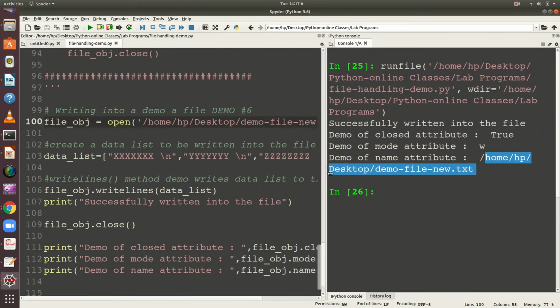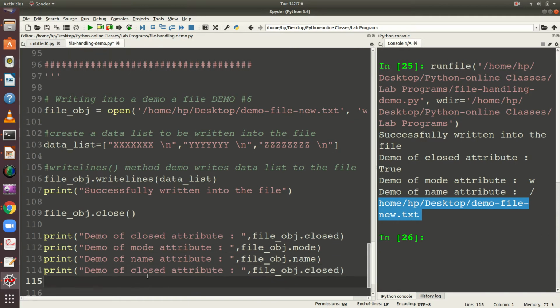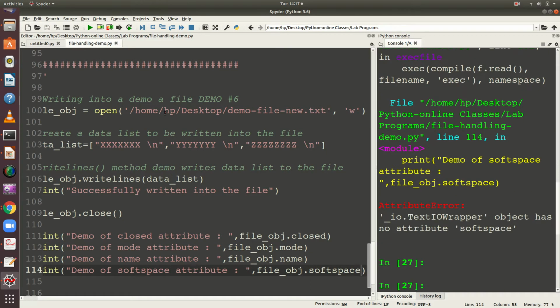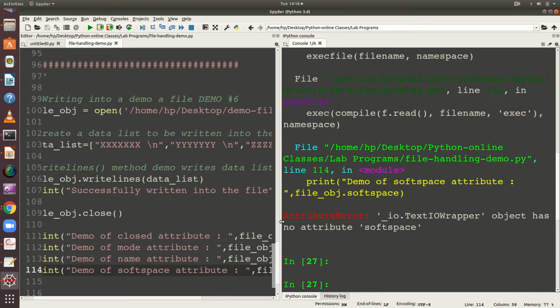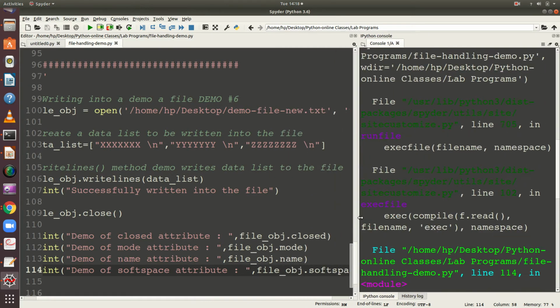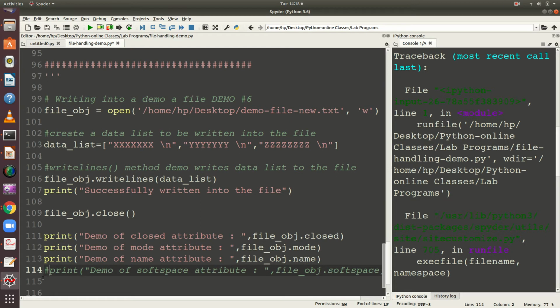So let us see what is the output given for the softspace also. Let us run it again. Okay, so this particular object does not have the softspace, so it is giving you an error. If it is having a softspace, it will give you that particular value. So let us comment it.